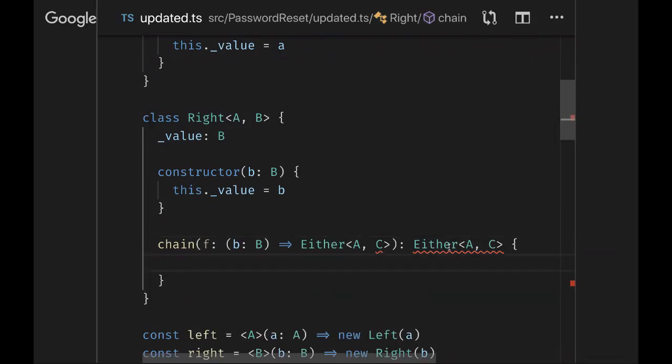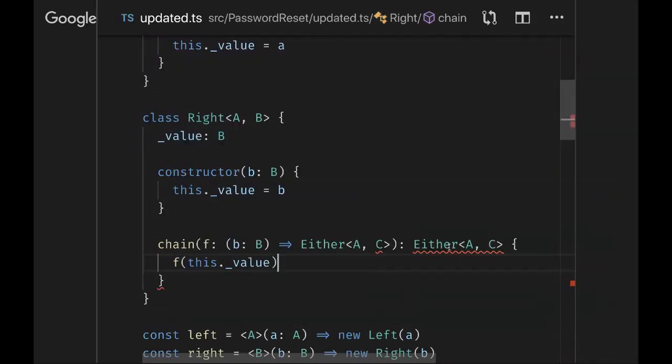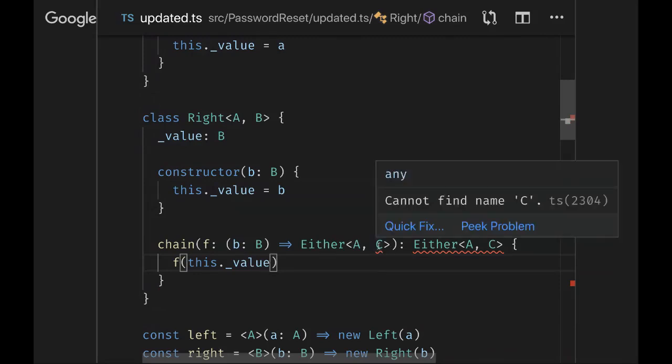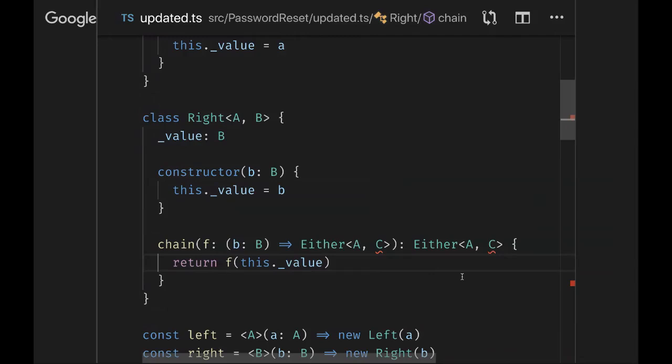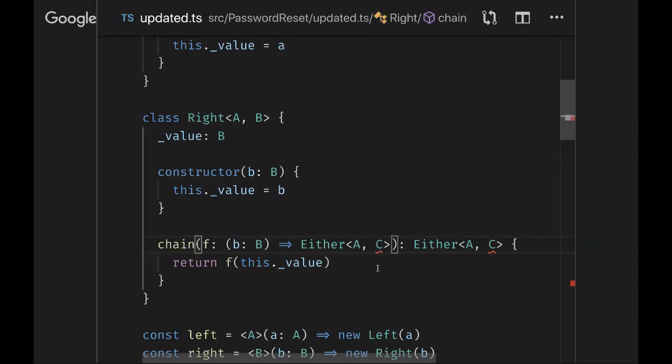And if you buy that, the implementation for write is actually really easy. You do the only thing that can possibly work. Namely, you have your this.value, which is a b. You have a function that knows how to take b's and gives you back either a or c. And in that case, that's what you need. Oh, my type checker is not. Yeah. So C is a variable I don't know here. Here's the syntax for saying I need a variable C.